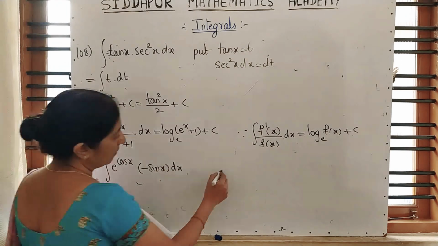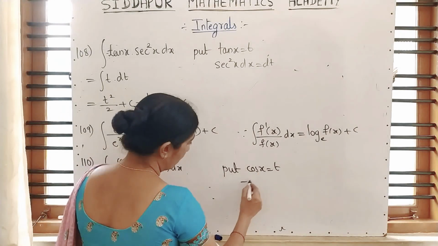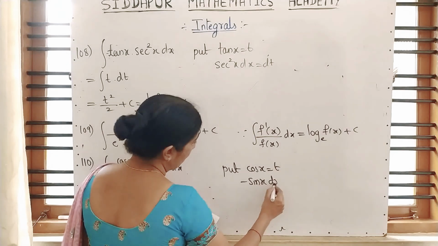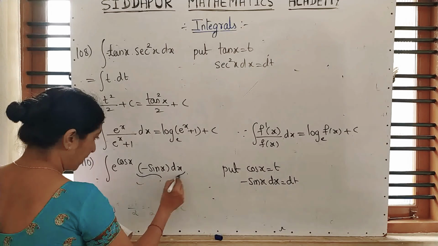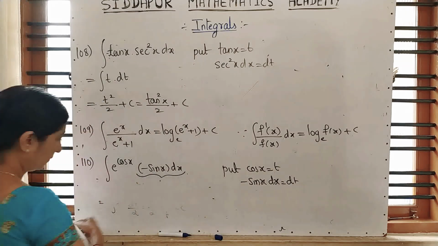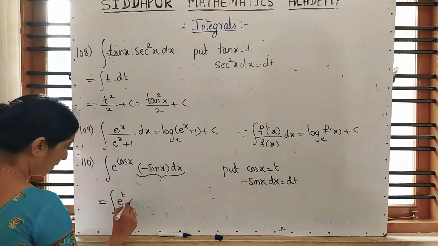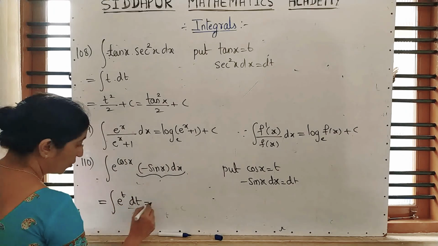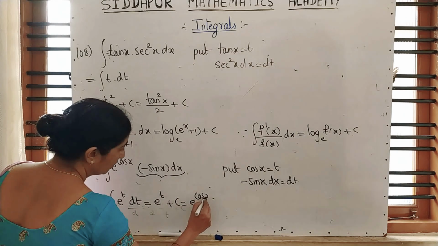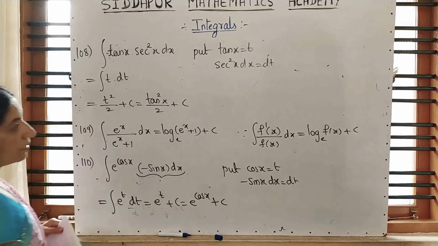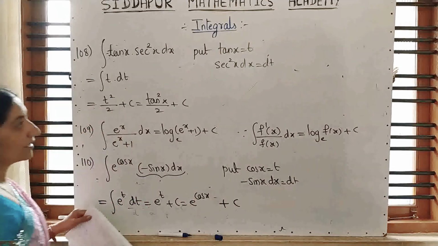Here what will be the substitution? cos x is equal to t. Differentiation of cos x is minus sin x into dx. And that is required in the problem. See, e raised to cos x is e raised to t. This is dt. What is the integration of e raised to t? e raised to t. Write down that t value. Plus c. Plus c, separate, don't write it in the power. Plus c. Correct or what?